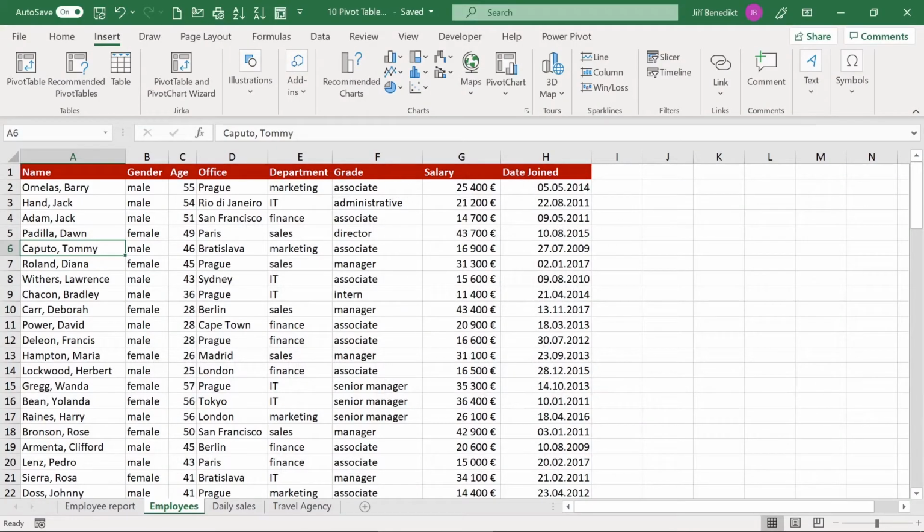In this video, I will show you how to make a simple pivot table out of the employee list on the sheet Employees. We will build a salary costs per office. But before we start, I need to tell you something about the data that needs to be ready for the